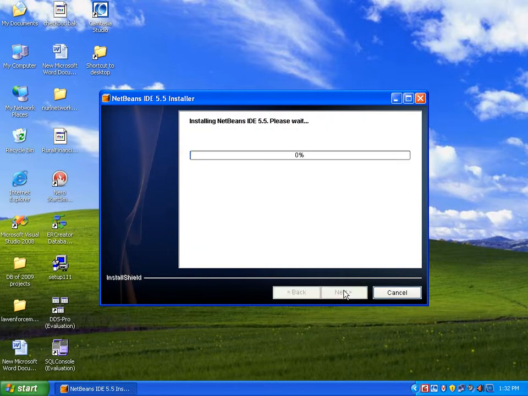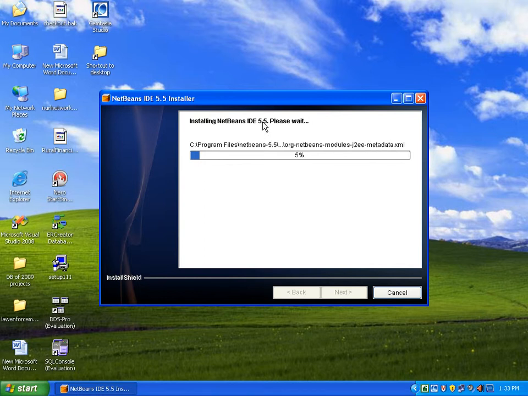Next, it shows you status bar of installation of our NetBeans IDE software. IDE stands for Integrated Development Environment. Using this software, we can develop general applications like desktop applications using swings, AWTs, or anything. Everything is drag and drop. We can do the things very fast. We can develop even a great project in very less amount of time.